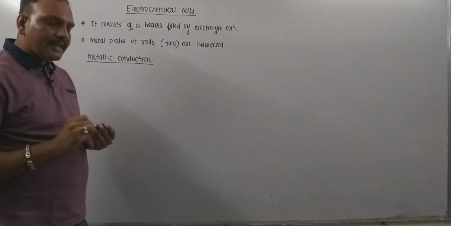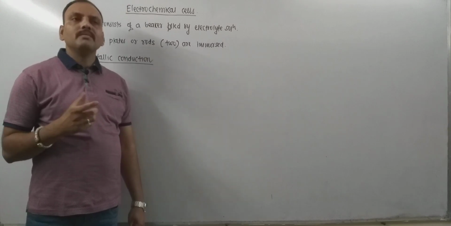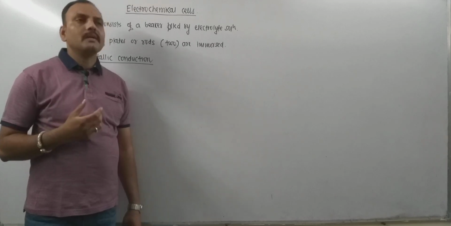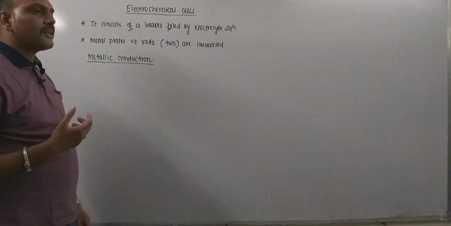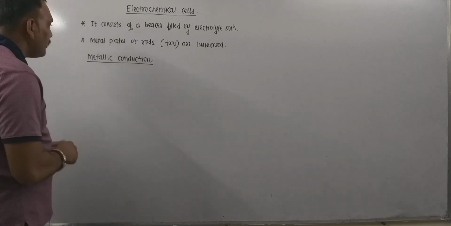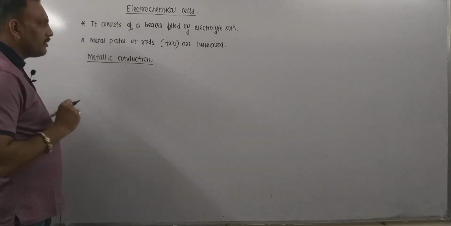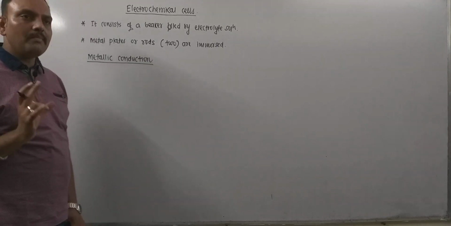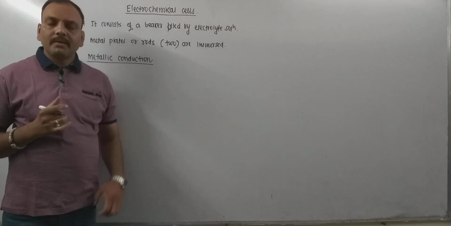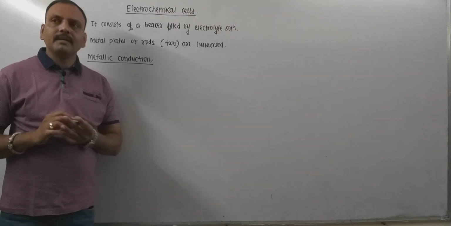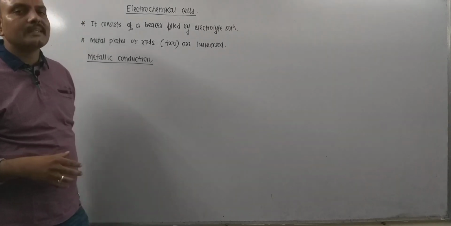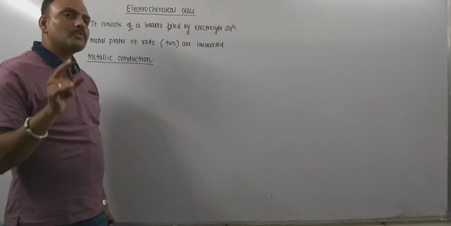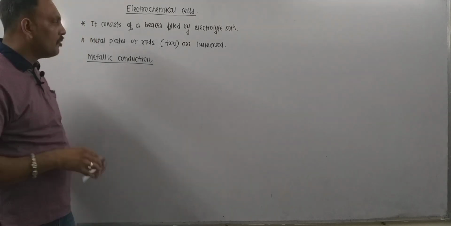So, in metallic conduction, what happens? That is accompanied by the movement of electrons from one end to another when a difference in potential is applied. Another thing, and remember, during the course of metallic conduction, no material moves. The plates, whatever we are using during the coupling of the electrochemical cell, remain intact and don't move. And atoms of that material also do not move.